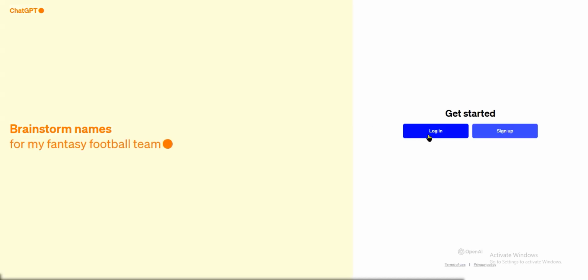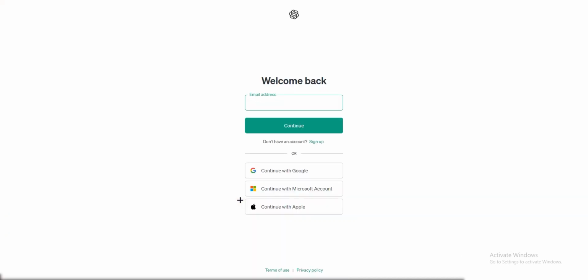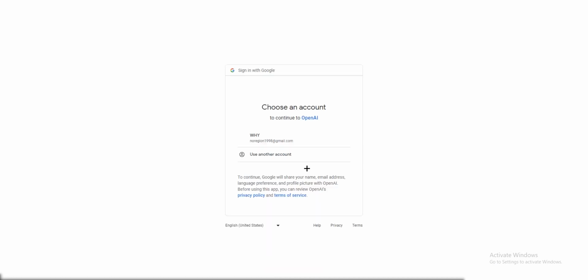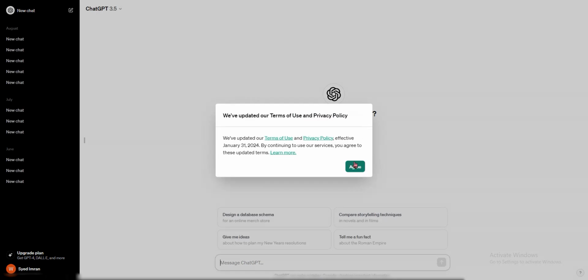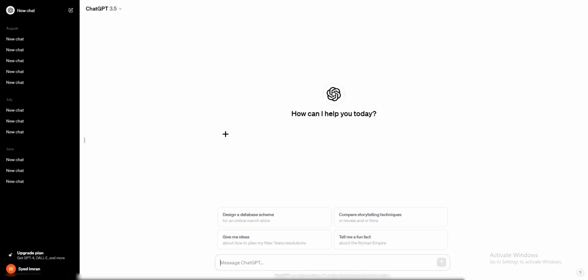I'm going to go back and log in because I have already created an account, and I'm going to continue with my Google account. Once I click on this, you will see this kind of screen. Just click on your account and it will take me to the platform. And here we are. As you can see, it's showing me different things which you can do with ChatGPT,